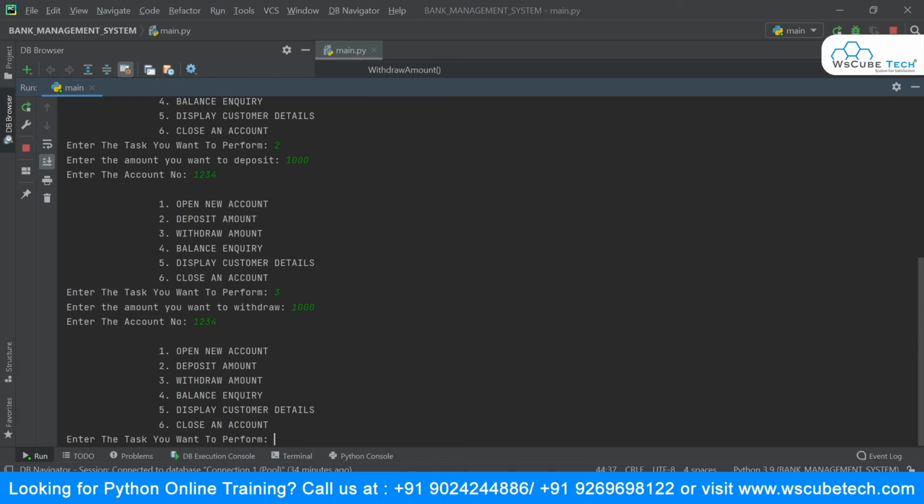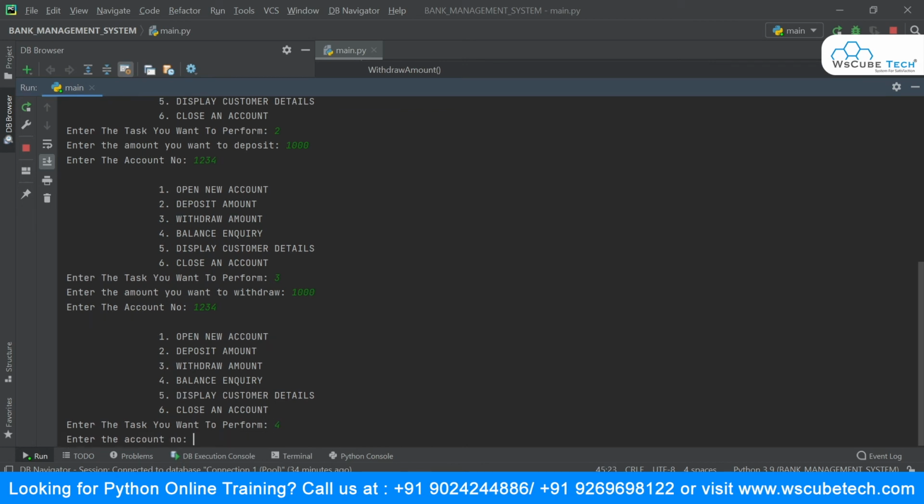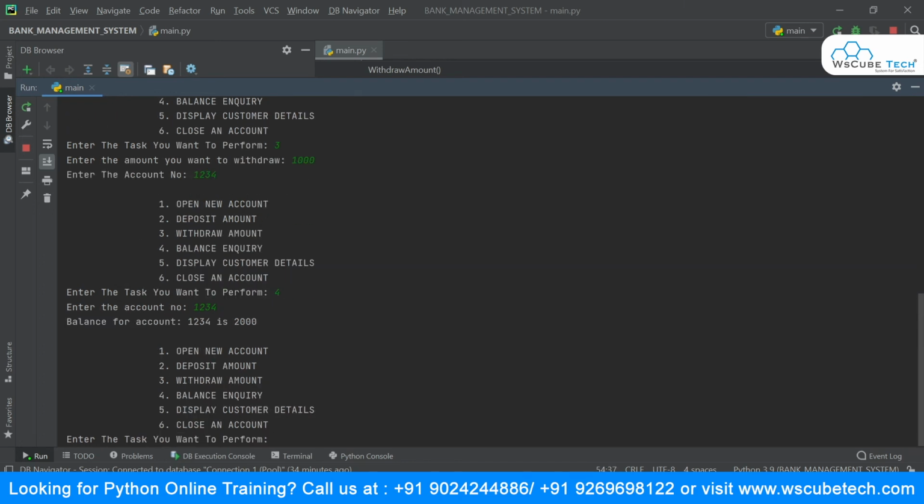Now let's go to the balance inquiry. We were going to MySQL Workbench to check the details inside a table. What if we want to display it over here itself? We have written the method for that. So I want to do my balance inquiry. I will say 4, and it will ask for the account number. I will say 1234. Once done, you can see that we are getting the balance. It says the balance for account 1234 is 2000. And yes, it is, because we have now withdrawn the amount, right? Now again this menu has been displayed, so our fourth task is also working fine.